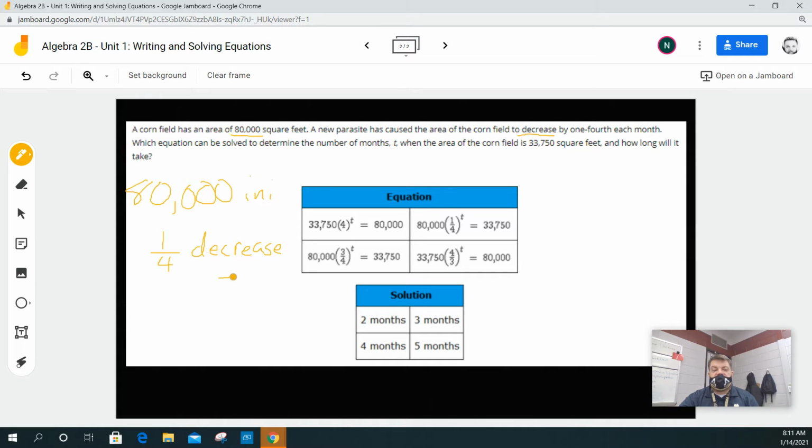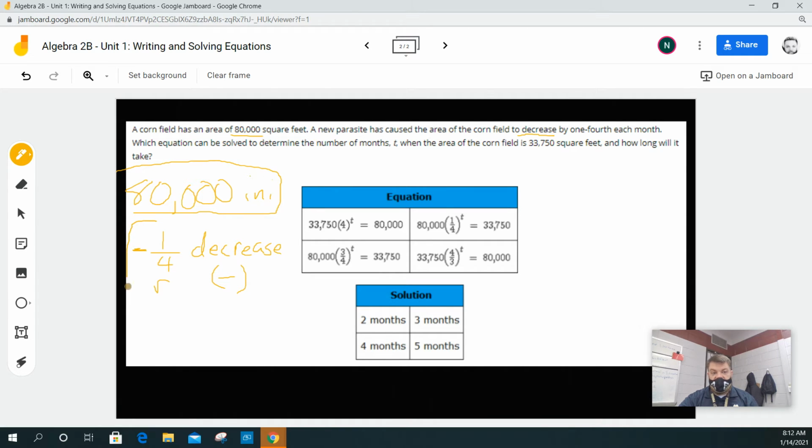If it's decreasing, that means we're going to subtract that from the whole, okay? Now this one doesn't have to be written. This one you can leave as a fraction. I've never seen this before in all my years of teaching, but you can do it mathematically. So you could leave this as a fraction, but it's probably going to be a negative 1/4, okay? And this is the rate. So this is the initial condition. This is our rate. And then it says,